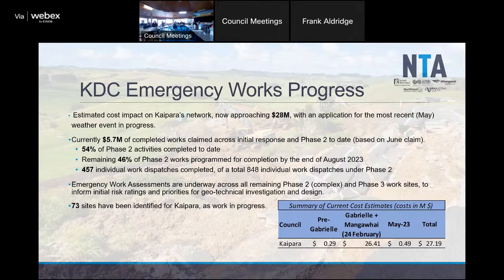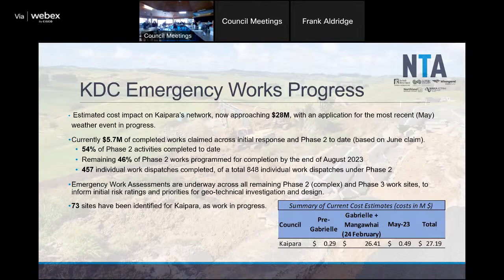So just our update on emergency works and coming back to Councillor Nair's question. At the moment, we're approaching 28 million as outlined below in terms of the compounding effects of the 22-23 events. That, with a small event relatively in June, we had 12 individual discrete emergency work events across the region and about 9 of those impacted Kaipara. So as you can see, the ones pre-Gabriel were minor, but Gabriel and Mangawhai make up the majority of Kaipara's damage in 26 million. To date, we've completed 5.7 million of those works, which is the phase 2, with phase